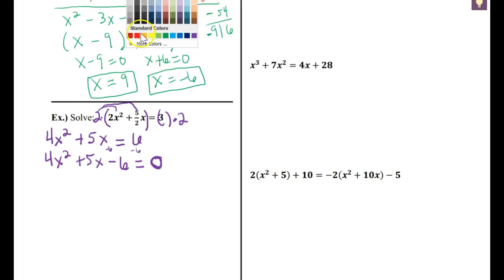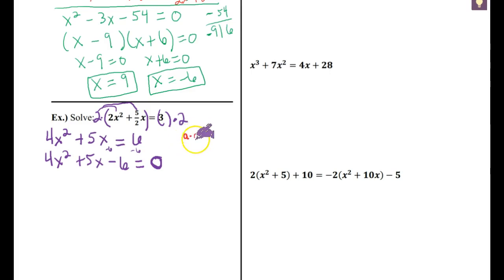Let me get a different color here. So now when I do this, I have to think about a times c. So 4 times a negative 6 is negative 24. So I'm looking for factors of negative 24 that add up to positive 5. So I'm thinking 8 and 3. And if I want this to be positive 5, but this is negative 24, then I have to add the negative to the 3. So I need one negative to multiply to give me a negative, but it has to add to a positive 5. So now that I've got my factors,